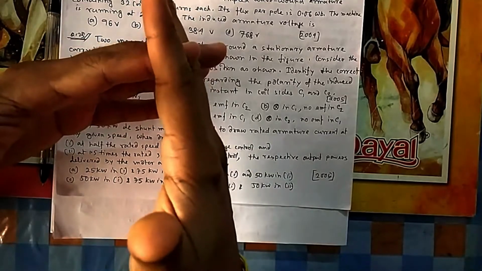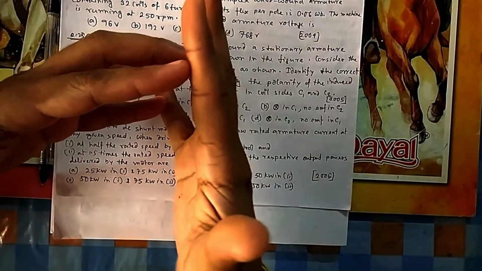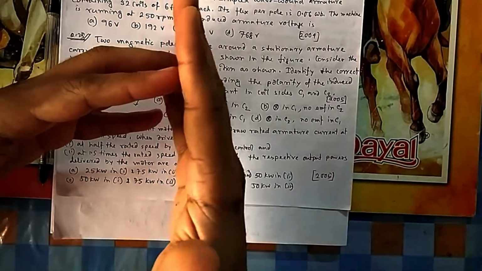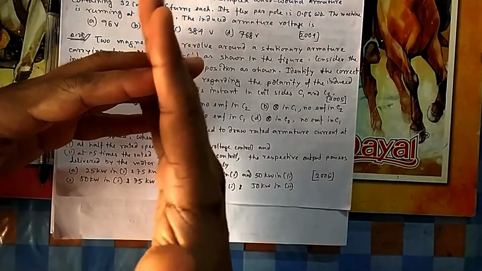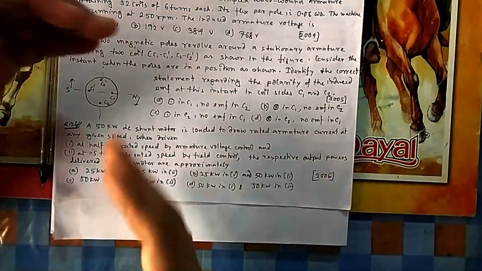So here all four fingers are cutting. If you change it a little bit, still all four fingers are cutting. So there is no such change. So the rate of change is negligible here. So that's why the induced EMF is 0 in this case, if it is at 90 degrees.